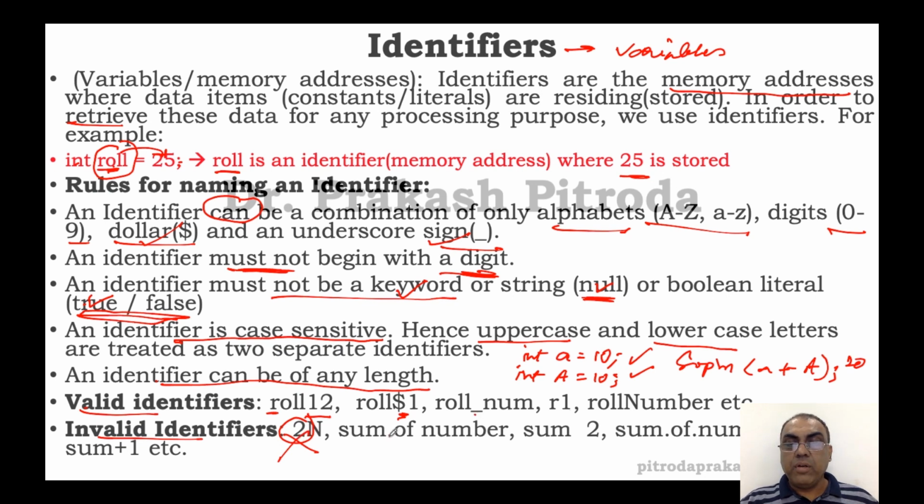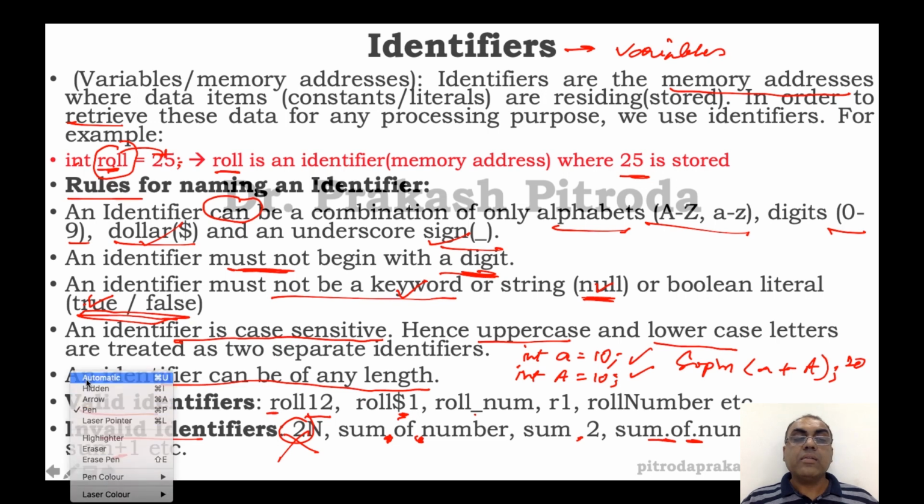I cannot have a space. I cannot have a space over here. I cannot have any other special signs. All right, so I cannot have even these signs. So these are the basic identifier rules. All right, if you do not follow the rules, you will definitely get some kind of error message. Then